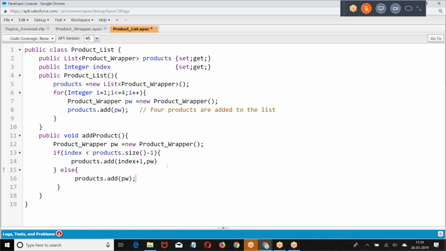Now, look at this. If I have 0, 1, 2, and you clicked on the first row, so you got index equal to 1.